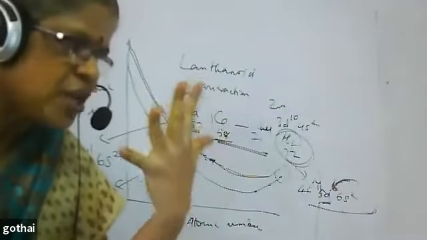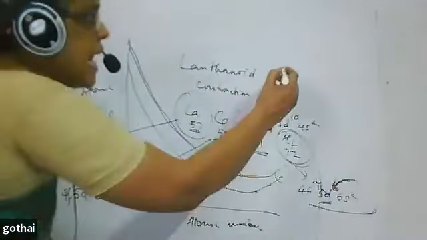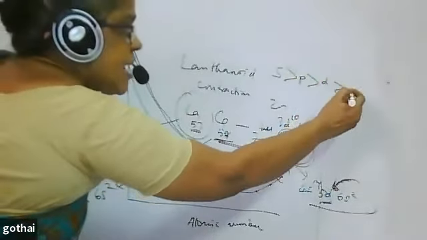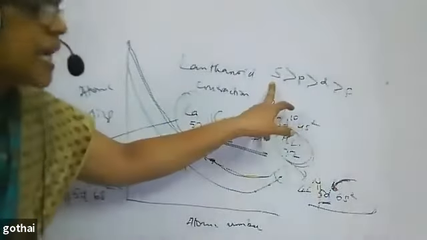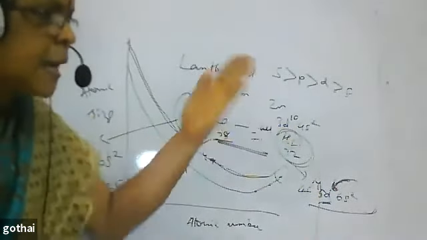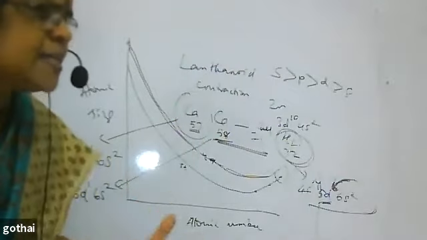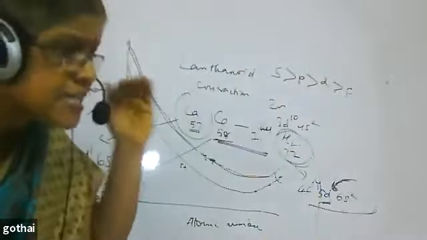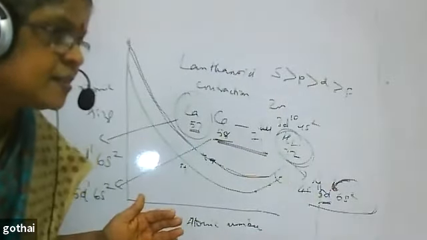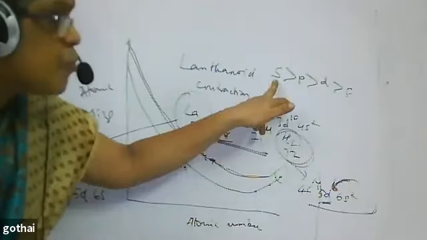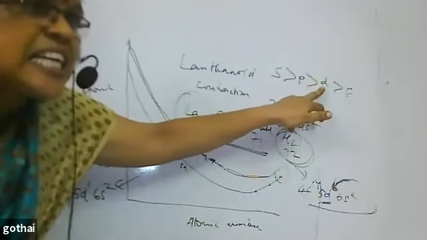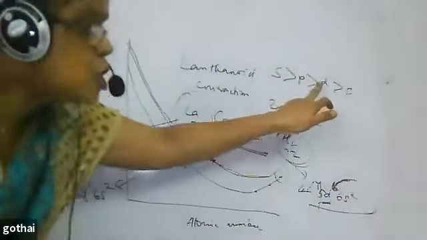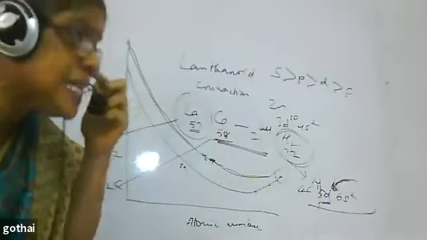Actually we say that s orbital has a higher shielding effect than p, than d, than f. The shielding effect is more for s because the s orbital is spherical and symmetrical. The others are not symmetrical. When the symmetry decreases, shielding effect decreases; this is more shielded, this is less shielded. So shielding effect decreases. But if those orbitals are completely filled, shielding